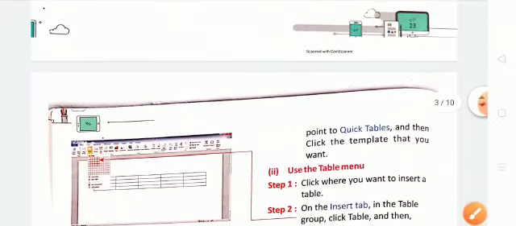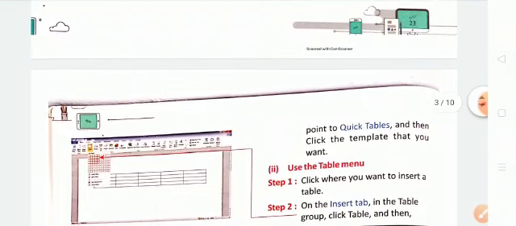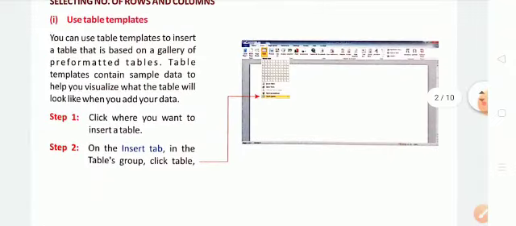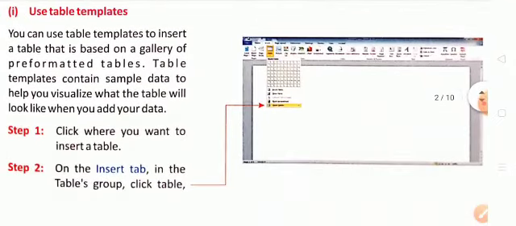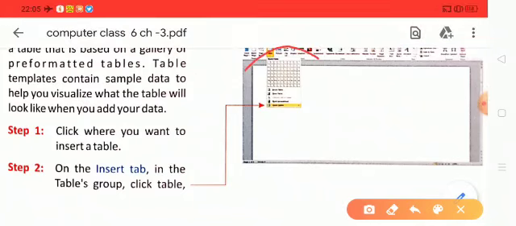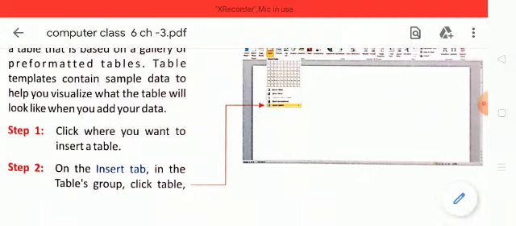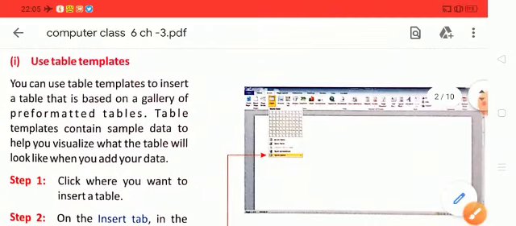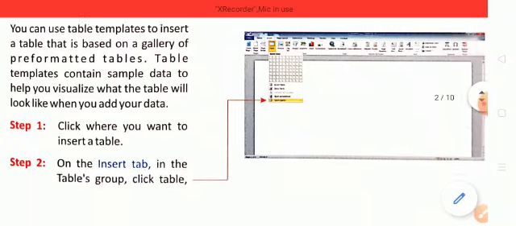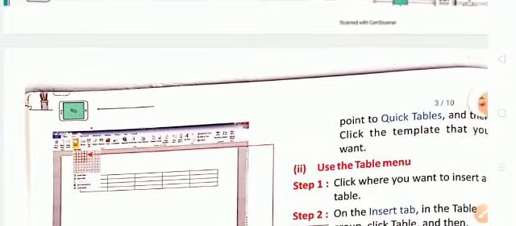Now point to quick tables, and then click the template that you want. Look at this picture. So this is the way to insert a table using templates. I hope you understand.